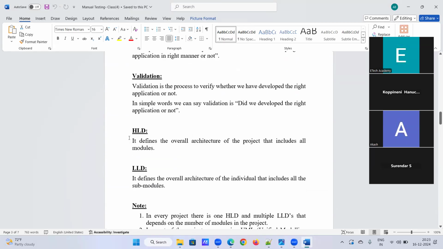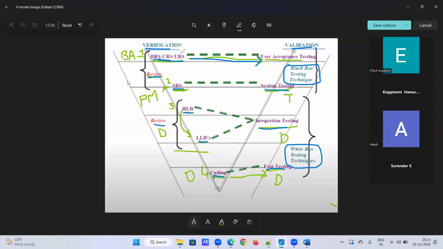And if you see, the static testing techniques we have used are the same techniques used in verification also. So static testing techniques will be used in the verification process. These two, verification and static testing technique, and dynamic testing technique, whatever we do, these two testings are interrelated.